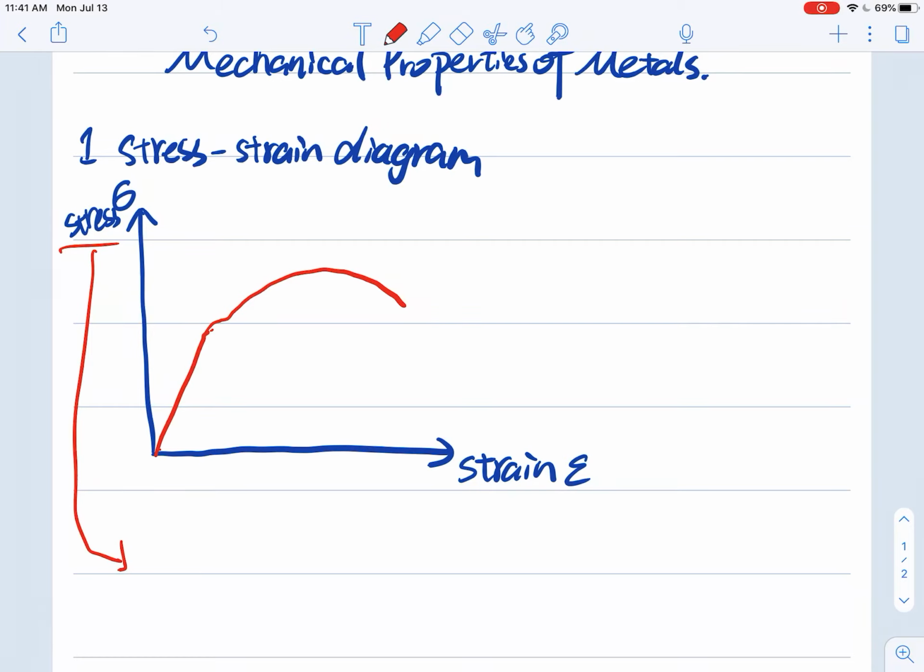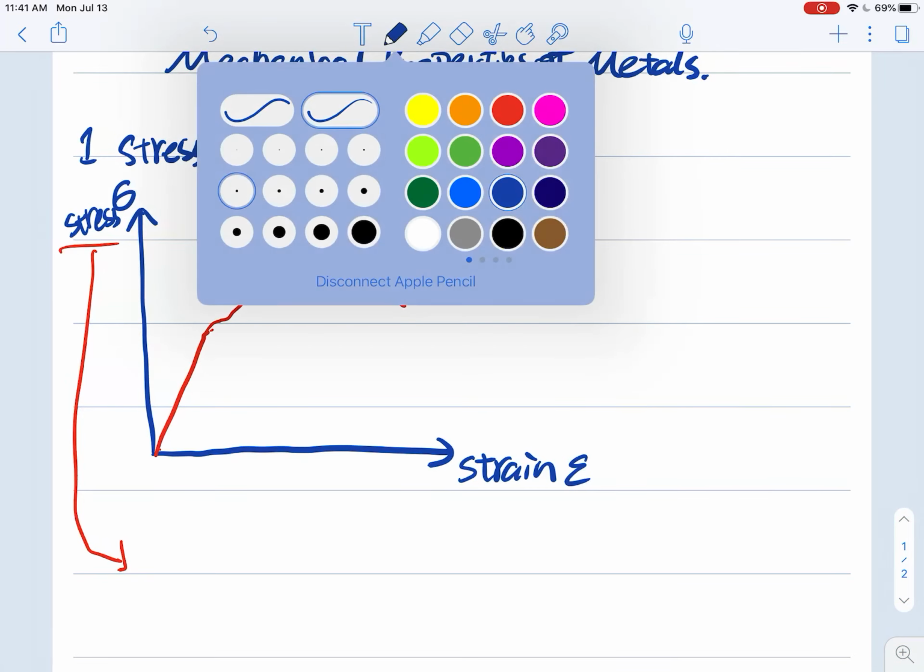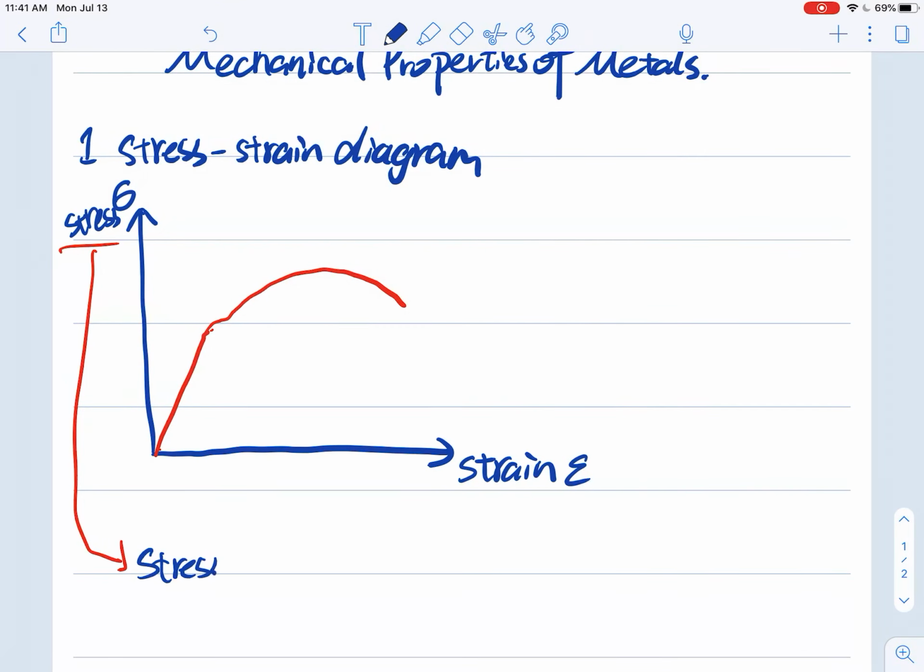Okay, start with stress. What is stress? We define stress, sigma, equals F divided by the area. F is a force, A is the area that the force is applied on. And by looking at the definition of the equation, we know